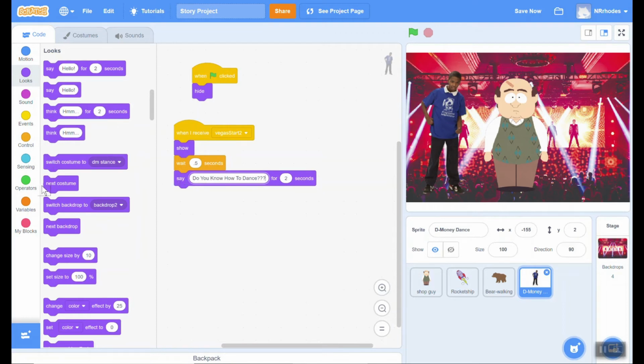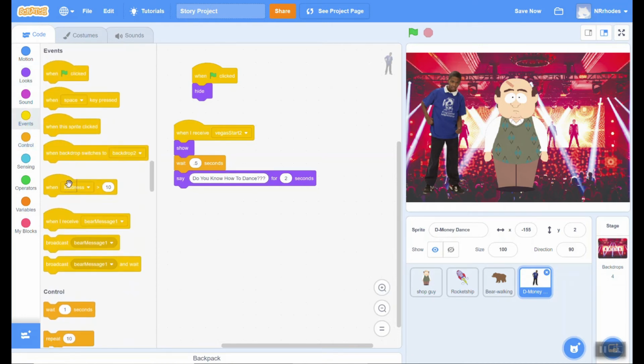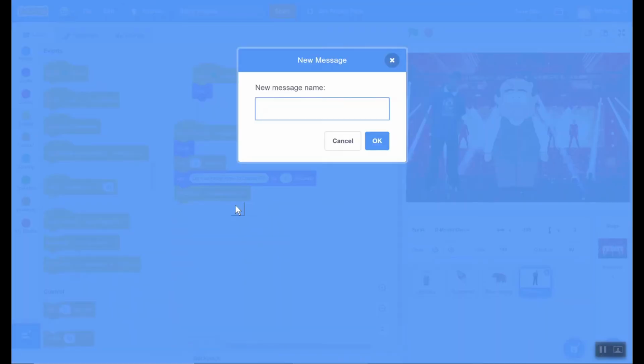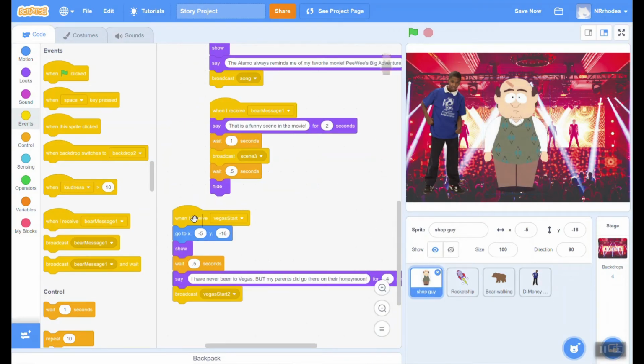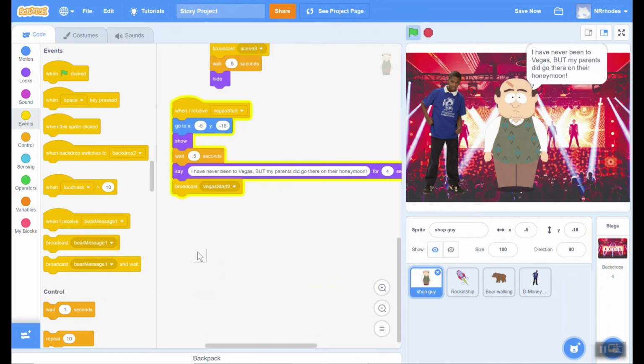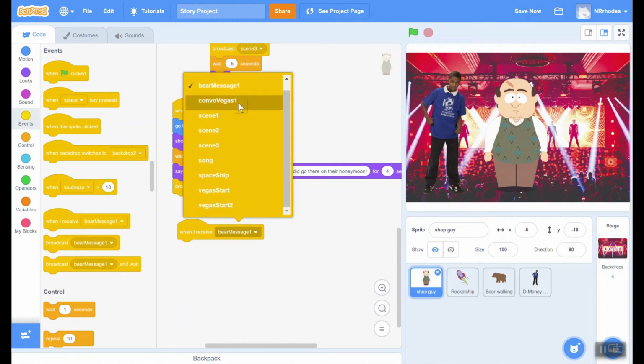Then I'm going to broadcast Conversation Vegas because we want to have a conversation with Mr. Adler. So I'm going to go down here, new message. This is going to be Convo Vegas 1. Hit OK. Go back to Adler. When I receive, let's scroll down a little more here. When I receive Vegas Convo,